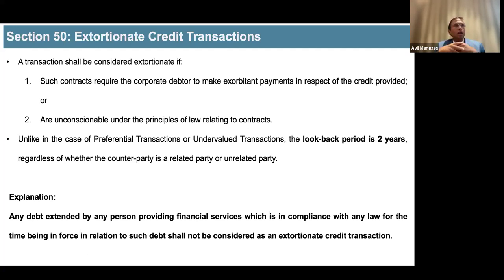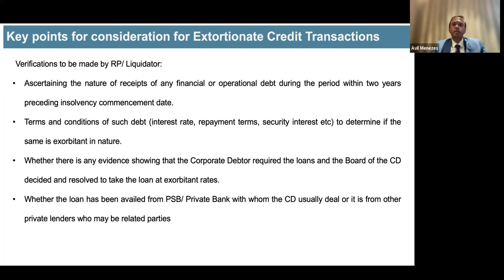So even in our country, we have something which is called the Usurious Transaction Act. I don't know whether it has been repealed or not, but usurious transaction means transactions where the interest rate is abnormally high. But if it is a business to do this, if it is a financial institution which is lending at 24 to 30%, for example, credit cards, they were charging 18 to 24% at some point of time for defaults. So if it is done as a normal business practice, then it is not an extortionate credit transaction. Otherwise, it's an extortionate credit transaction.